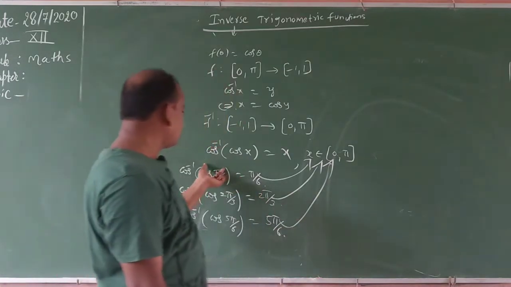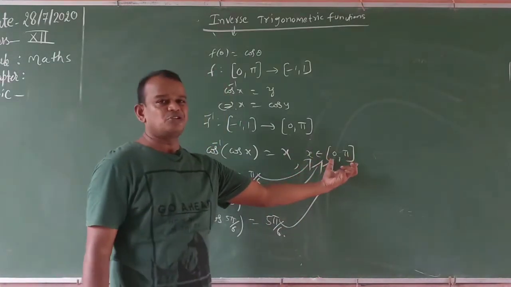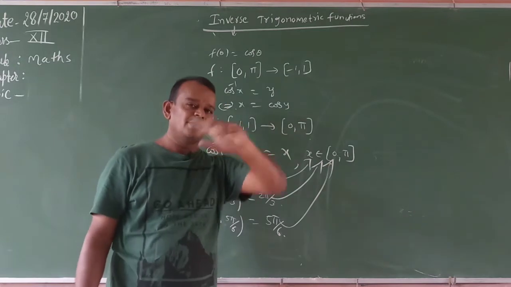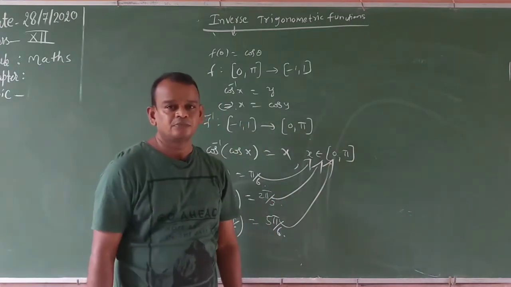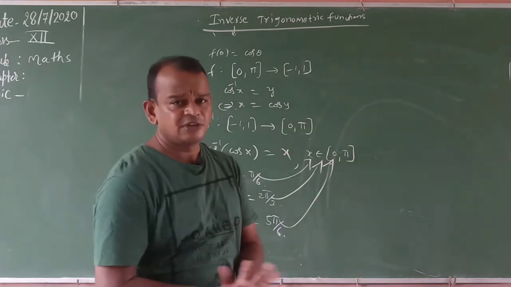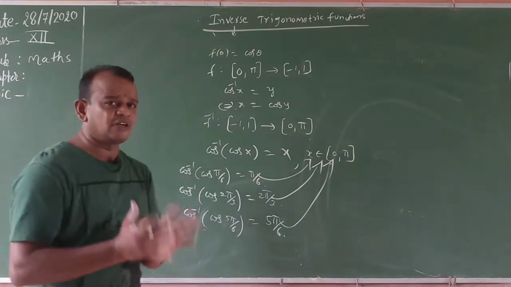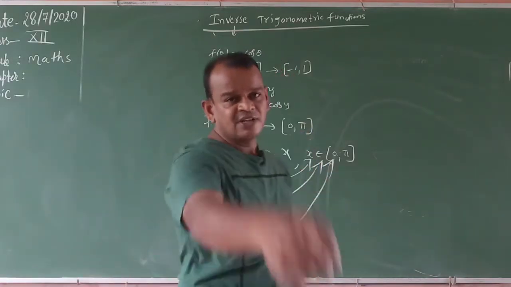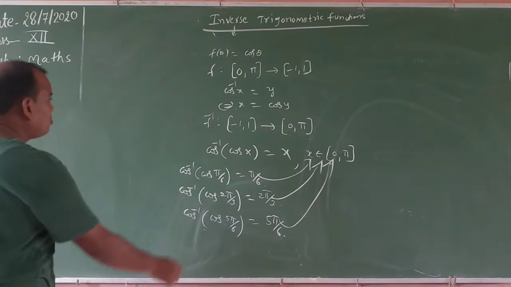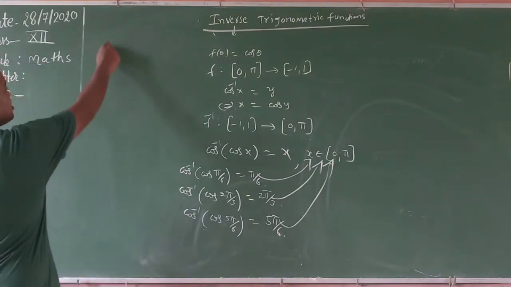But the problem given in the cos function, 100%, you remember this is the principal value, that is 0 to pi. Suppose the problem is in the sine function, then the compulsory value of theta is minus pi by 2 comma pi by 2, or minus 1 comma 1. It depends on the problem. You remember those values. Say yes or no?